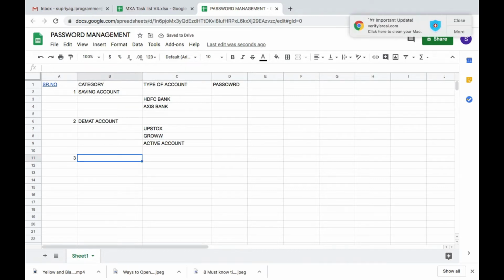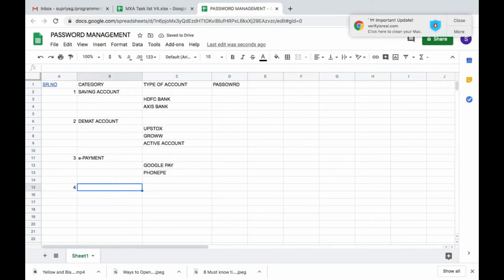After that I will say avoid using it in your phone. Avoid using it in phone because if mobile will be lost, data will be lost. So you can keep this sheet in home PCs, pen drive or hard disk. So in that way you can manage different types of passwords in a single sheet. So this is so important step in personal finance.